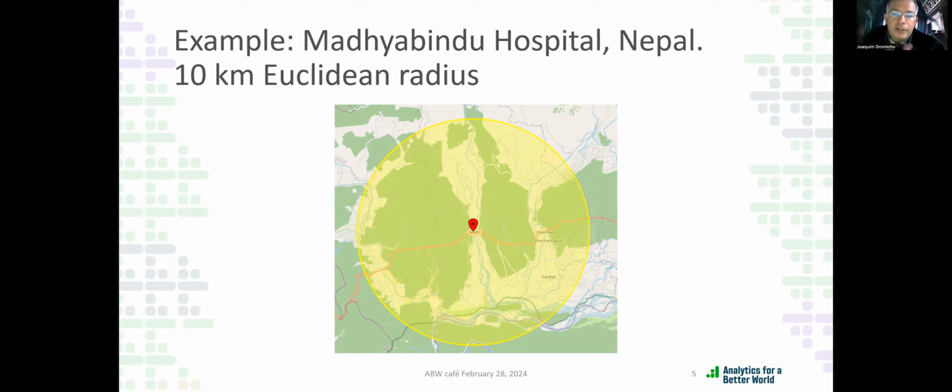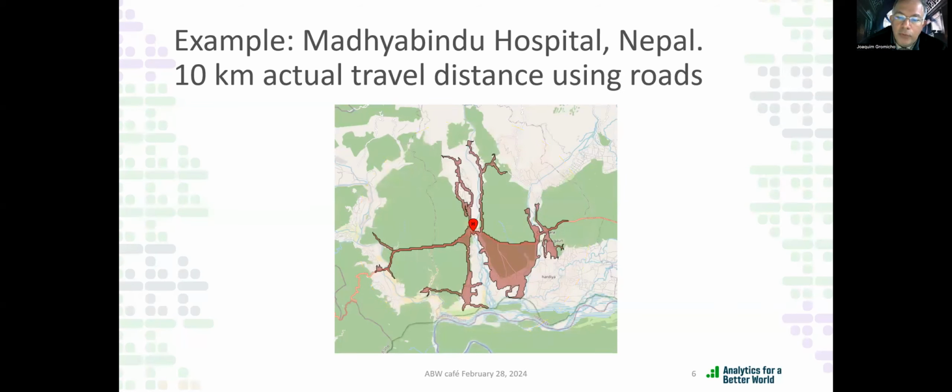So if we would take the same distance, like 10 kilometers, but do not measure it like I'm doing it now in a Euclidean way, with equally distant points following a straight line, but following the infrastructure available in the country, like the roads, the trails, everything that one can traverse while walking or driving, we end up realizing that 10 kilometers around that specific point is not that circle, but it is this